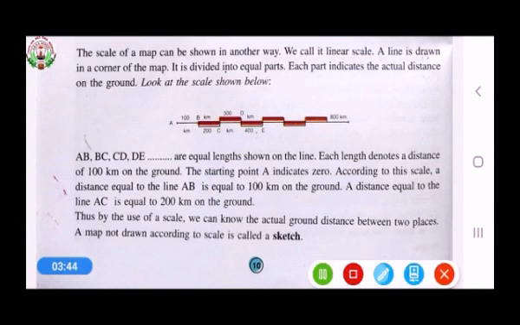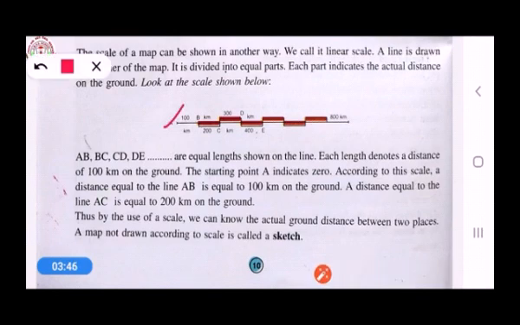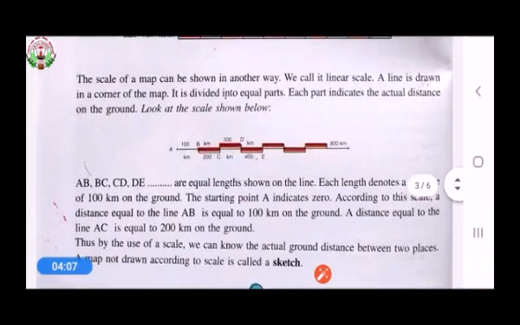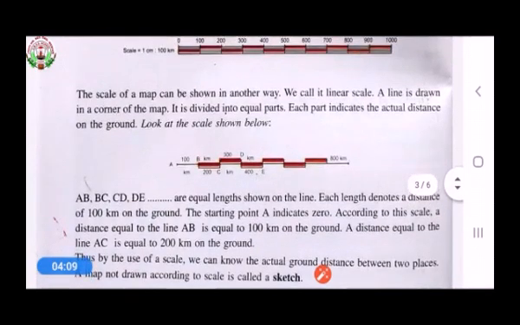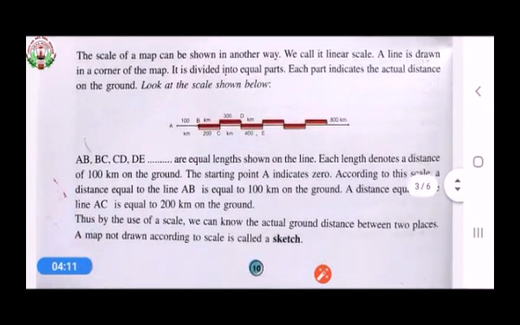You can see, students, A, B, B, C, C, D, D, E. They are all at equal distance. So AB, BC, CD, DE are equal lengths shown on the line. Each length denotes a distance of 100 km on the ground.